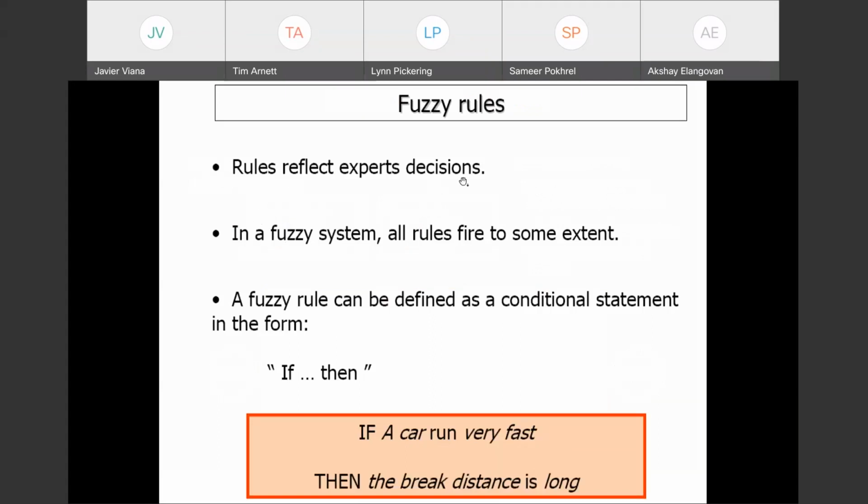So rules reflect expert decisions, although you can derive these rules directly from data. You can also learn them through processes like reinforcement learning, which is what you guys care about. This next bullet, in a fuzzy system, all rules fire to some extent. That's not always the case, actually. However, if in your situation you have rules not firing, that does tell you something. That means that essentially you have